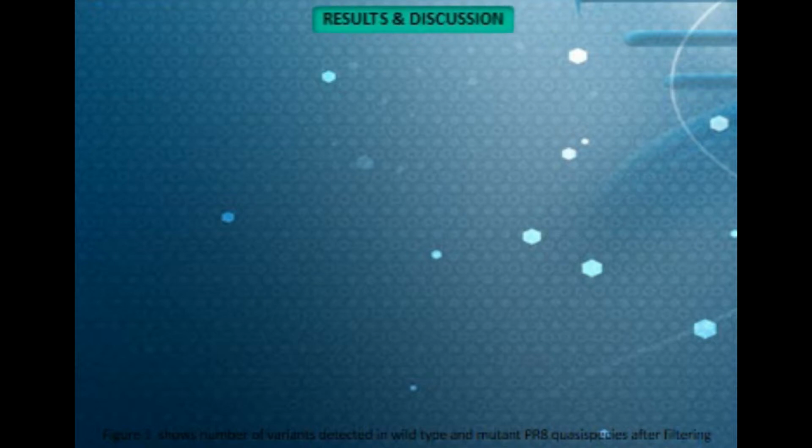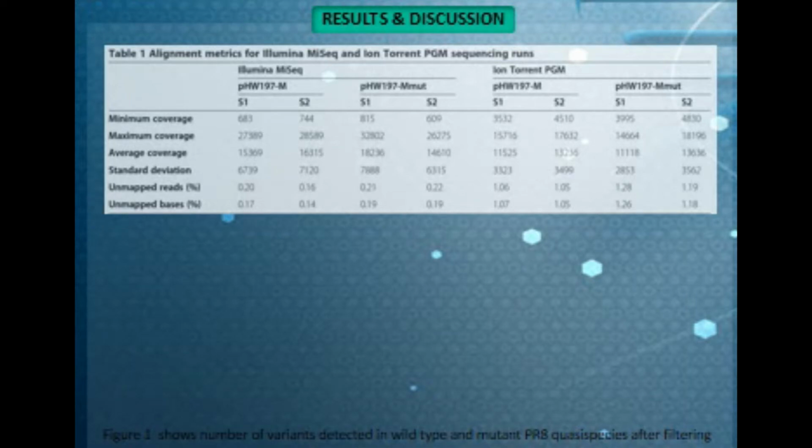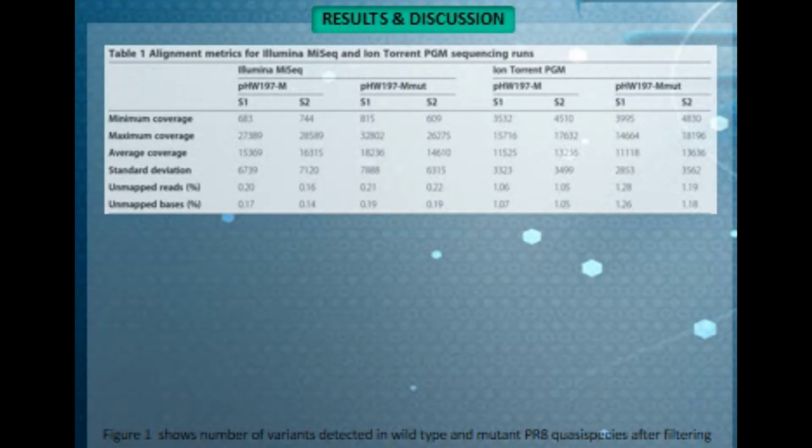Continuing with the result and discussion. The experiment was done by comparing the accuracy and sensitivity of the sequencers using plasmid DNA. The plasmid DNA were generated with two tracer mutations in order to determine the sensitivity of the sequencer for picking out the occurrence of the introduced SNPs. The plasmids chosen for analysis are the ones that allow generating PR8 virus with or without the introduced tracer mutation. To evaluate the accuracies of both sequencers, the processed reads were mapped to the plasmid reference sequence.